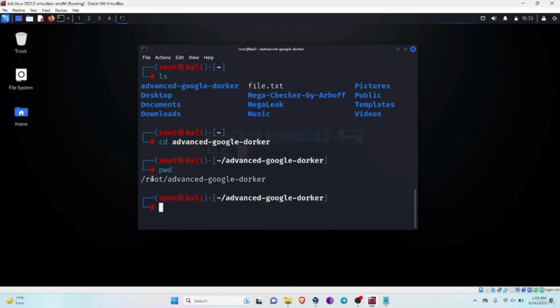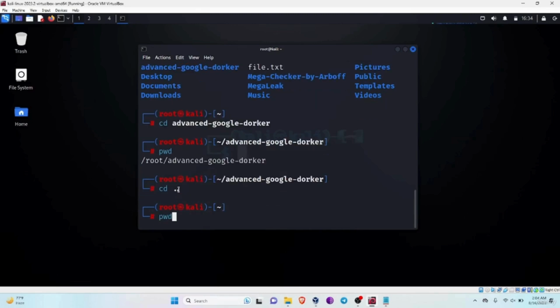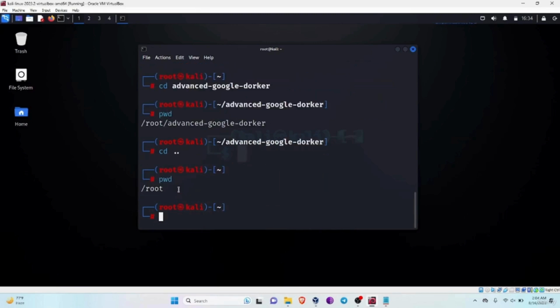So if we want to go to the root directory, then how can we go there? If you add .. after cd, then it means you are moving up one directory level. So if I check my present working directory here, then my present working directory is root. Alright,